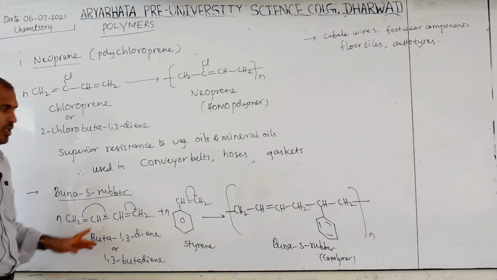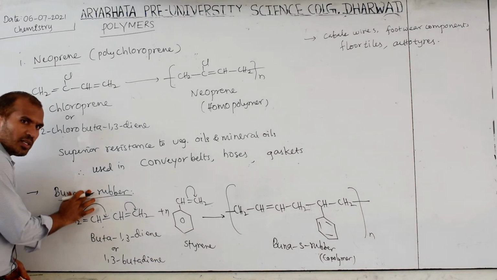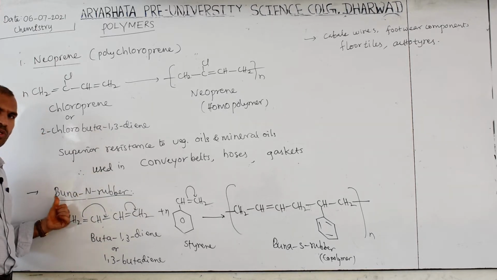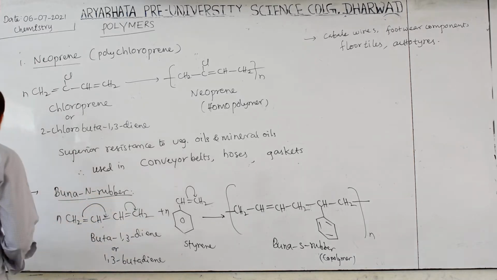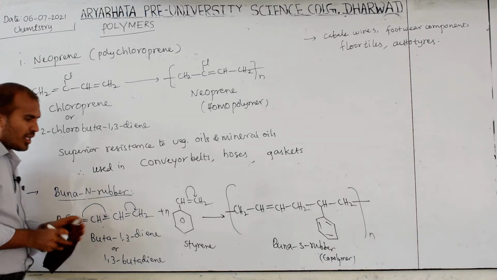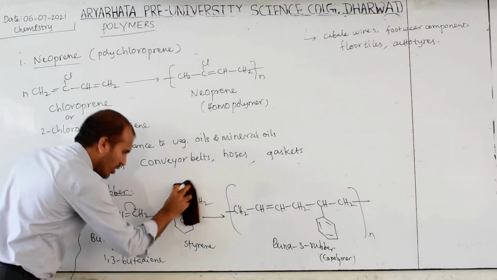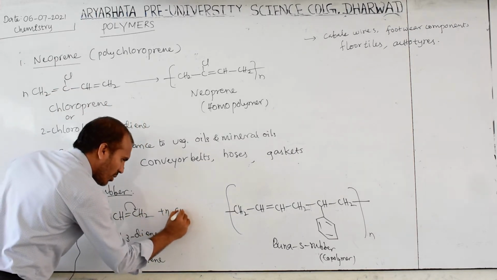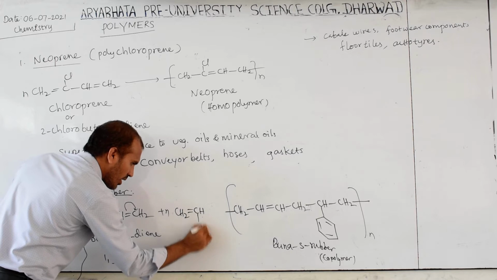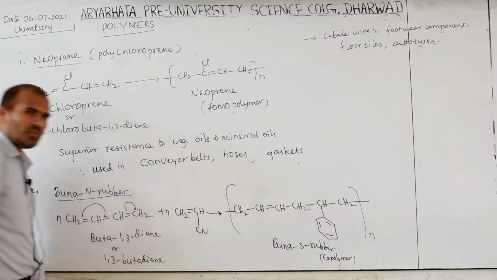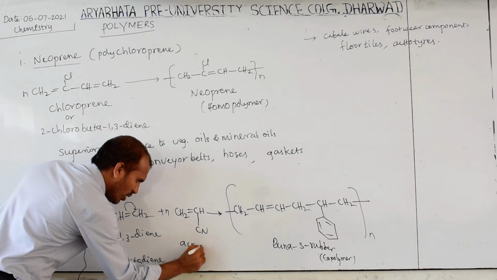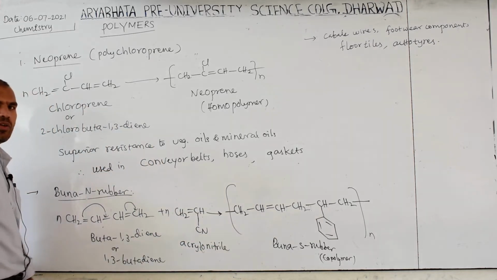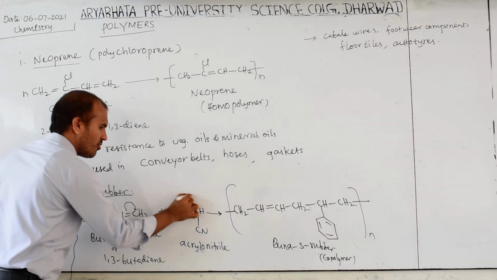Okay. Now another one is Buna N rubber. See, I am removing this S and putting here N. Now Buna N rubber. So how to write this polymer structure? Here S is there, meaning styrene. Now I want to remove this and put acrylonitrile. Carefully remember, CH2 double bond CH CN, arrow mark. What do you call this? Acrylonitrile. Now this pi bond shifted to here.